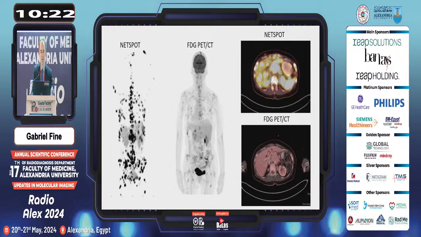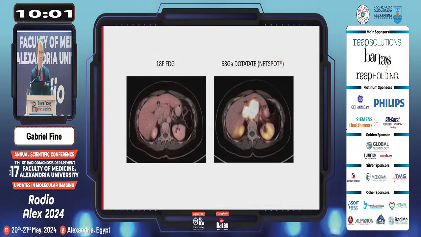On the right-hand part of the screen, you can see the same thing of an axial PET-CT of the NETSPOT, or gallium-68 dotatate PET-CT, versus the FDG PET-CT, and the uptake is just profound on the NETSPOT. That's suggestive that the somatostatin receptor is very highly expressed in these tumors, and they're likely to respond better to the treatment. Another example of a very similar sort of thing, where you just see such intense uptake on that gallium-68 dotatate PET-CT with much less uptake on the